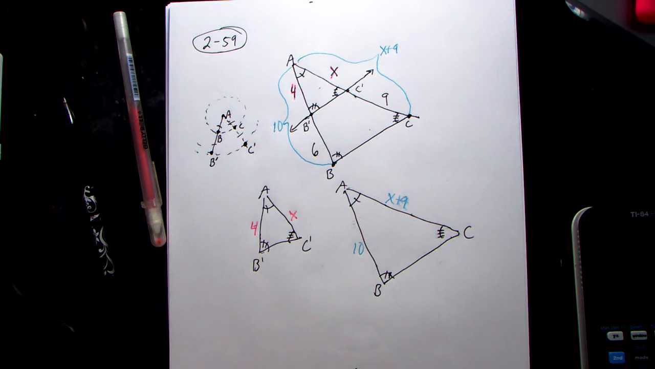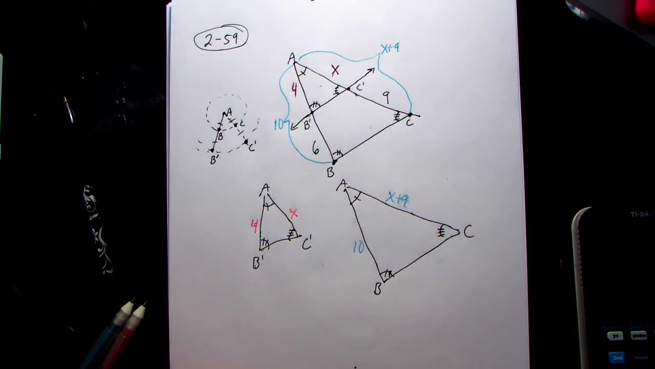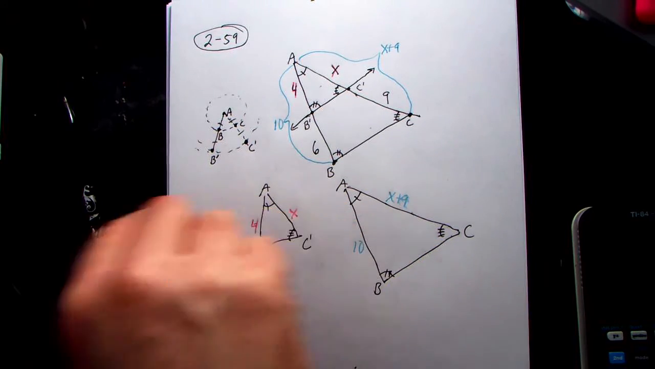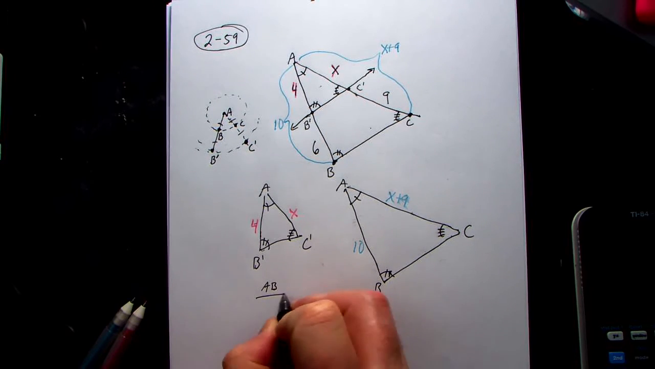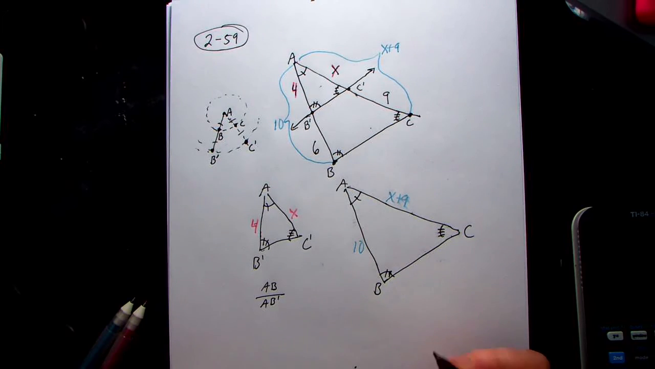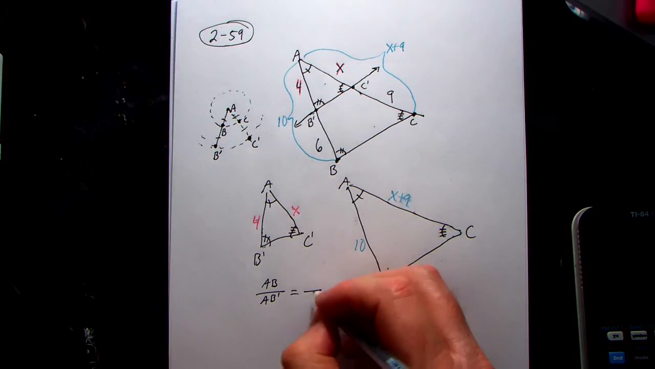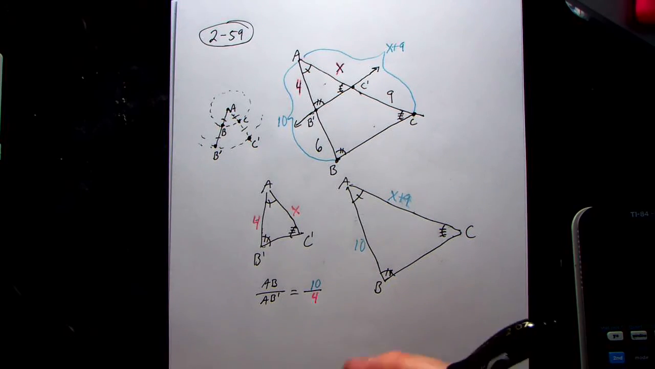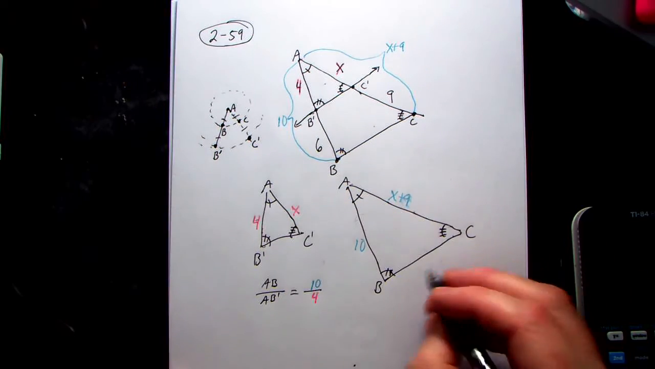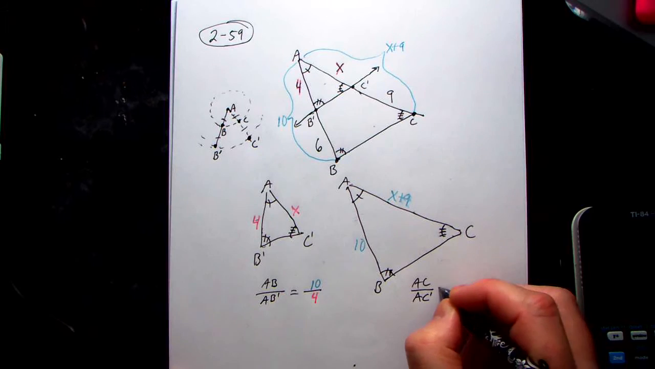Okay, so now we have these parts written out here. If these are similar triangles, it means the sides are in the same proportion. And so I can write a proportion from big triangle to small triangle with the corresponding parts. And so I could compare AB to AB prime. When I do that, I'm going to get AB was 10, AB prime was 4. If I do the same thing for AC and AC prime, so big to little is AC in comparison to AC prime,